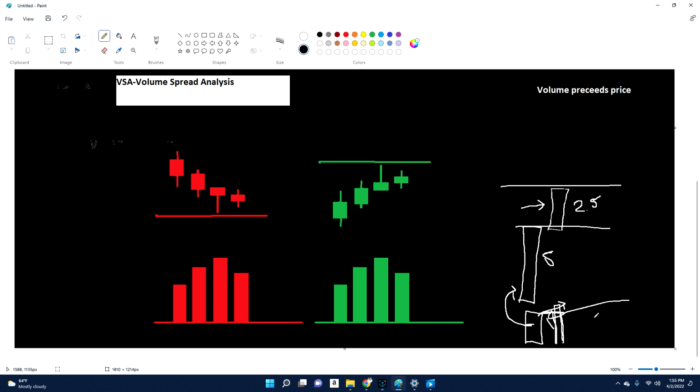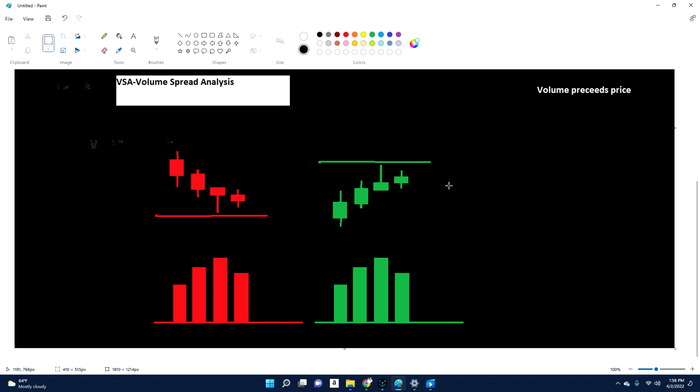What is happening inside is that more volume came in, but the price could not move up as hard as it did before. You put in more effort, but you could not get more result, or at least the same result out of it. So we're just going to go through this real quick so you guys can see what I mean. And then that'll be the end of the video.